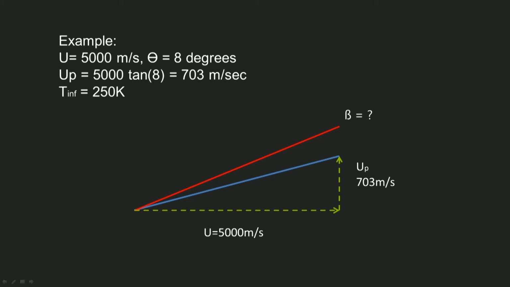Let's look at a flow travelling at 5 kilometers per second with a wedge angle of 8 degrees. You can see from simple geometry that the effective piston velocity will be the tangent of that angle, 8 degrees, times the flight velocity, which we've chosen to be 5 kilometers per second, and we get a number of 703 meters per second. So what this means is that if we had a one-dimensional shock tube and we accelerated a piston instantaneously to 703 meters per second, and we watched the progress of that shock wave down the tube,